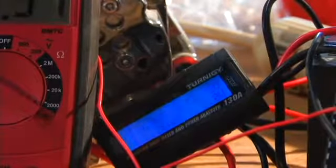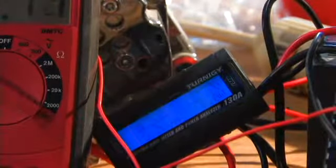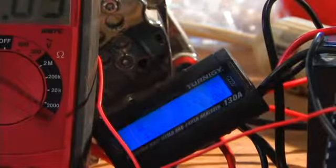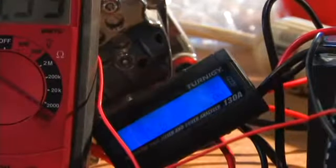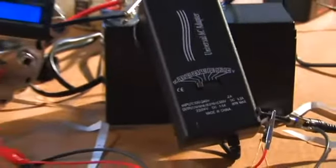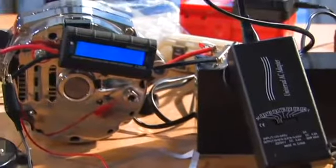Okay, so this one had some pulsating to it. We were charging the battery, but it wasn't a nice flow. It was giving it an up and down. So now I'm back to the original one,